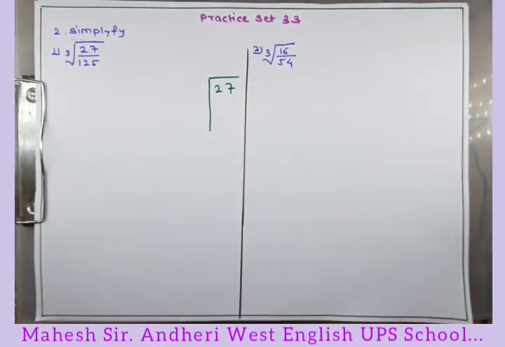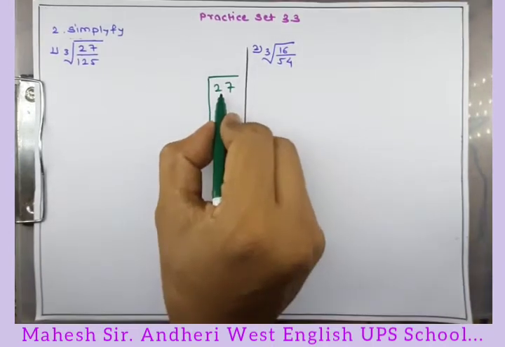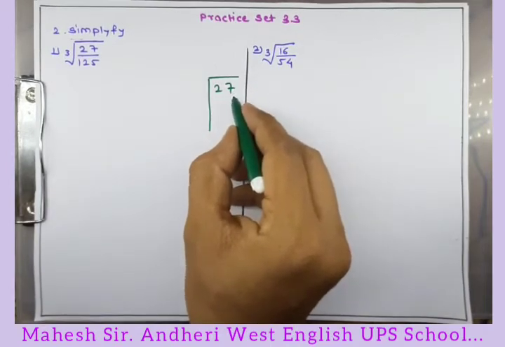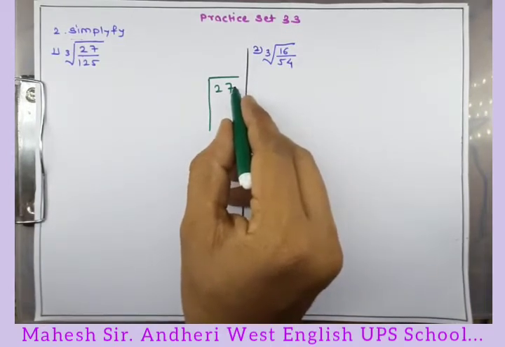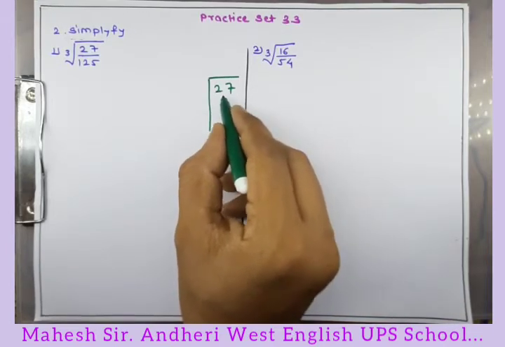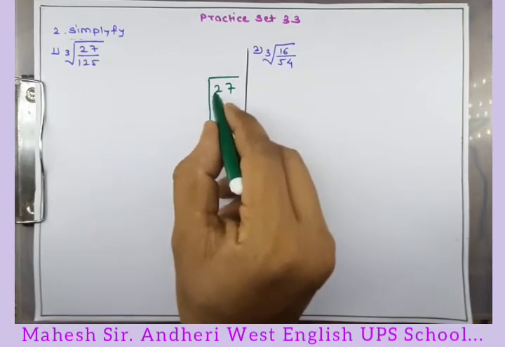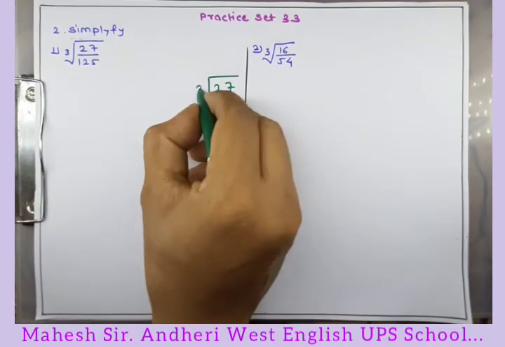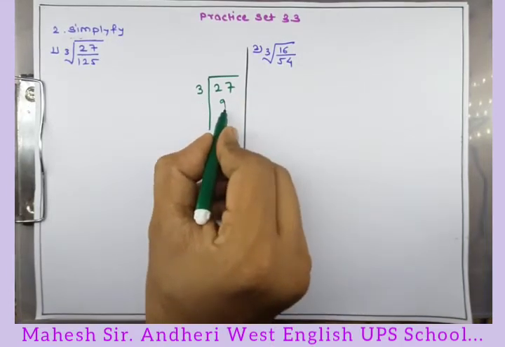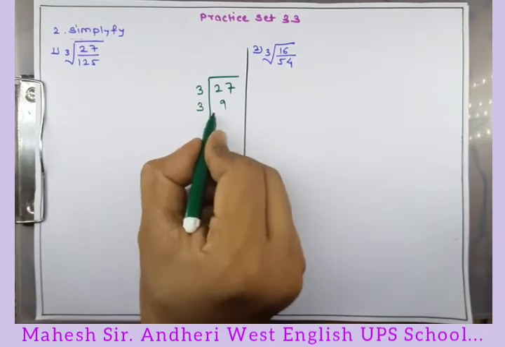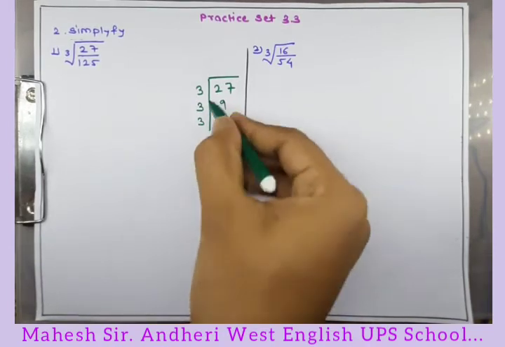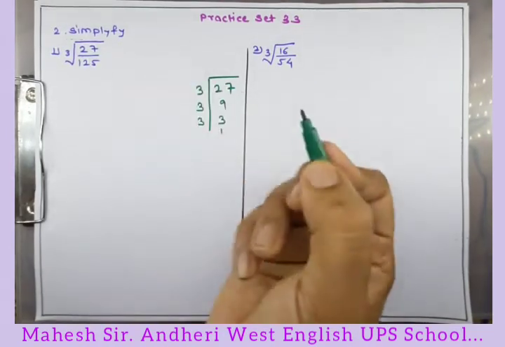27. So here 27 is there, right? 7 is there, means it is not divisible by 2, right? So we will go for 3. For the test of 3, 2 plus 7 is 9, right? 9 is divisible by 3, so 27 will be divisible by 3. So 3 9s are 27. Again 9 comes in the table of 3, so we will write 3 1s are 3, 3 3s are 9, and 3 ones are 3, right?